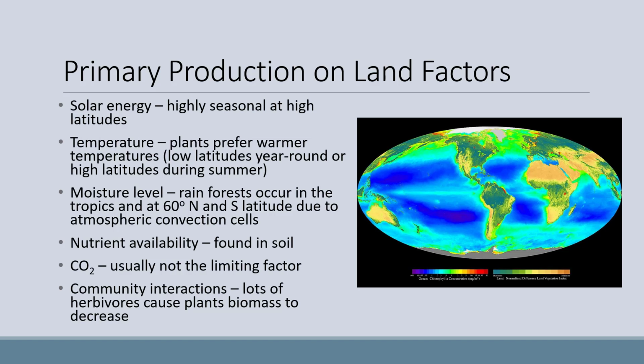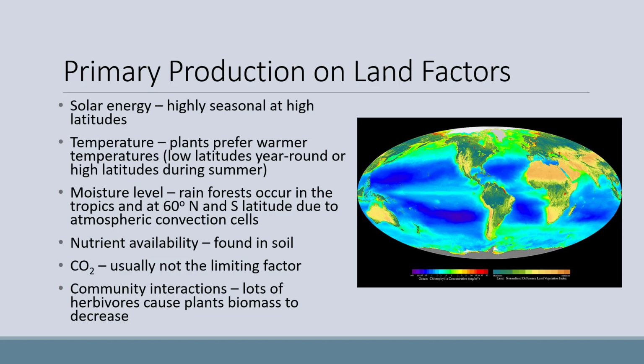Solar energy is a really important factor. It is highly seasonal at high latitudes. Temperature is another factor. Plants tend to prefer warmer temperatures, so either lower latitudes year-round or higher latitudes during the summer for growing seasons. Moisture level is also important because water is a reactant for photosynthesis, and water is necessary